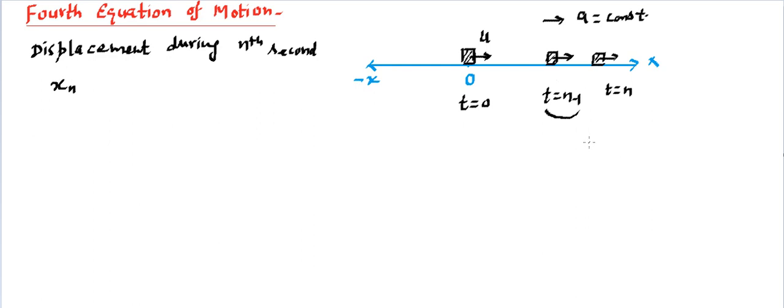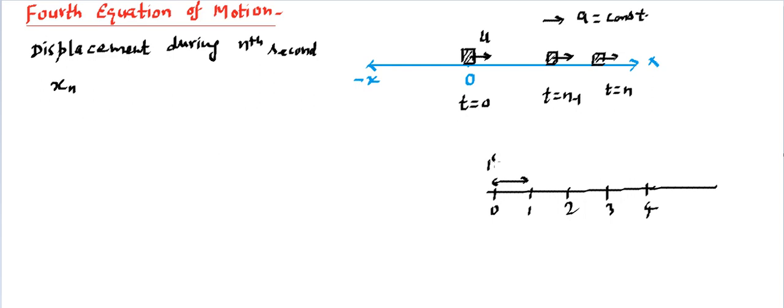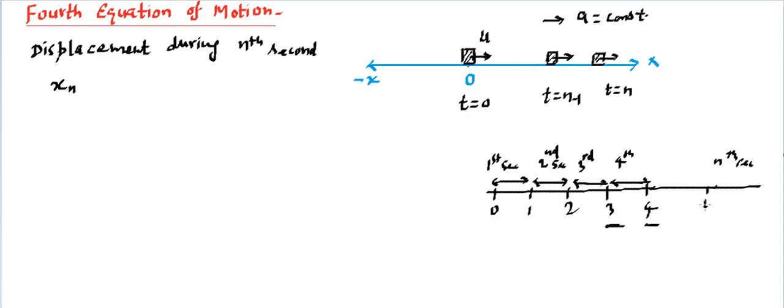How can you understand? You can understand it in this manner. Let's say we are plotting time on this axis. This is 0 time, this is the first second, this is 2 seconds, this is 3 seconds, this is 4 seconds, and so on. You'll find this time duration is the first second. This is going to be known as the second second. This will be known as the third second. This is going to be known as the fourth second. Now you see, the fourth second starts from 3 and lasts up to 4. So if we need to plot the nth second, can you think that the nth second will start from n minus 1 and last up to n? That's called the nth second.